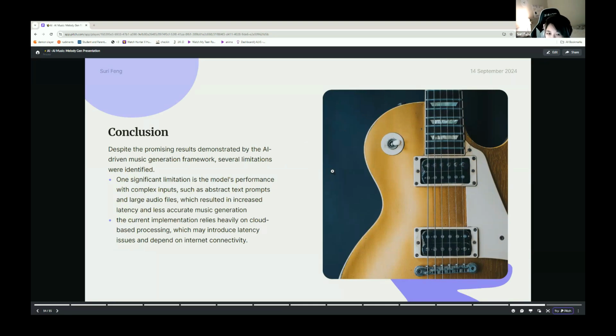It could be through including more diverse training data or enhancing the processing algorithms to handle a wider range of input complexities. And for the issue of cloud-based processing, which could introduce latency issues with internet connectivity,